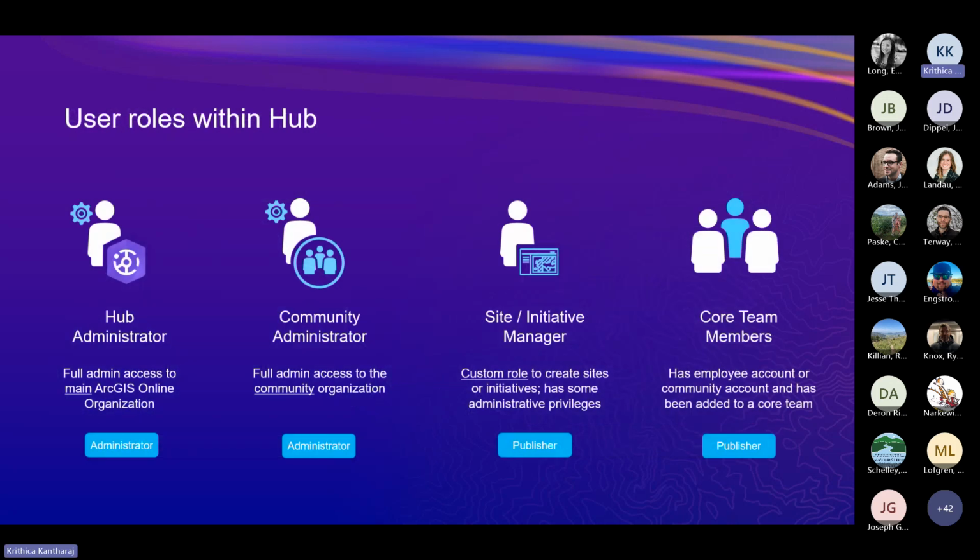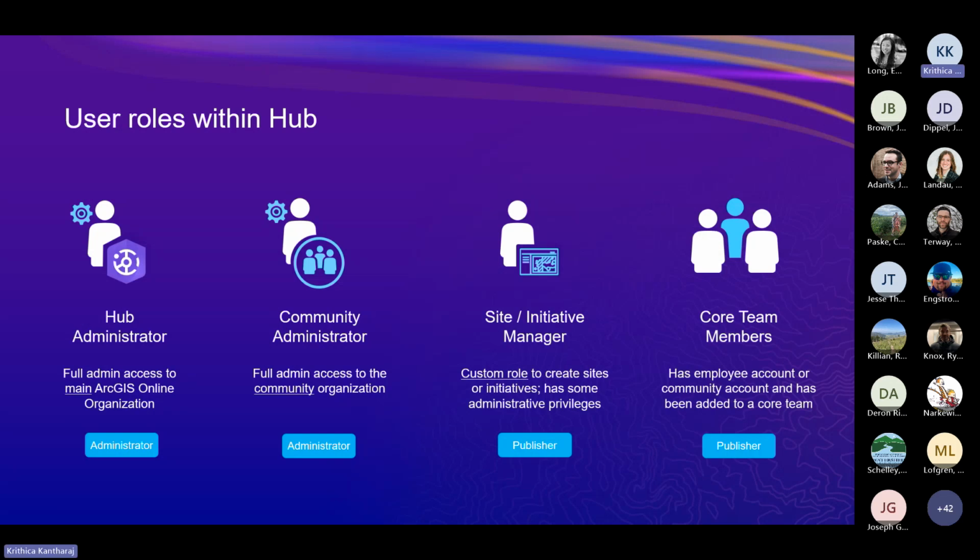There are a few key user roles that are useful with Hub, which you will also see in our documentation. Hub administrators, or any user with a default administrator role in your employee organization. There are some actions like enabling collaborative events and creating core items that you'll see in the Hub user interface asking for an administrator to do on behalf of others, and that's what we're talking about here. Similarly, the community administrator is any